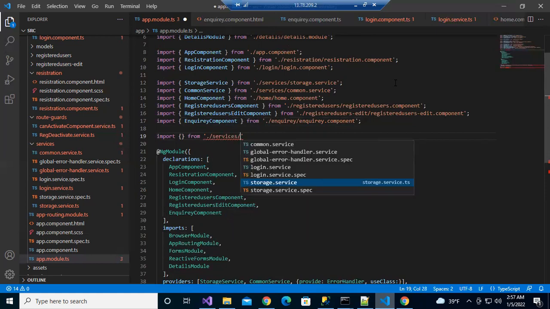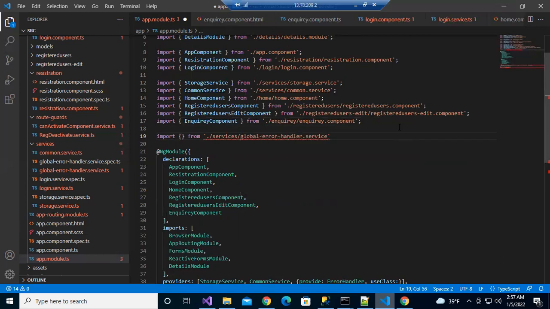Services, global error handler service. We need to map this one.